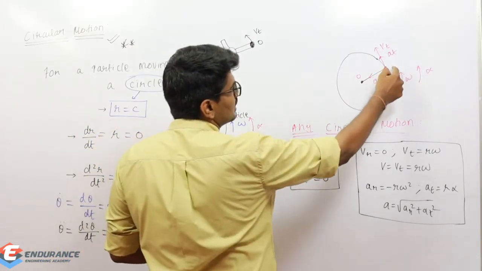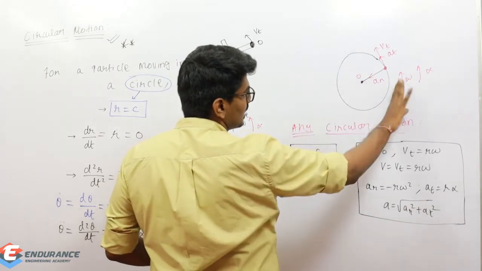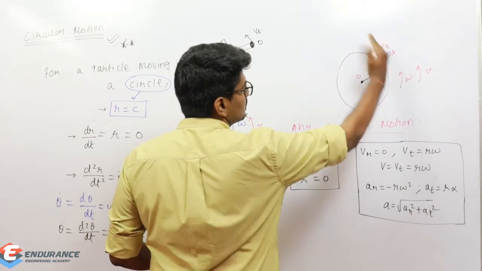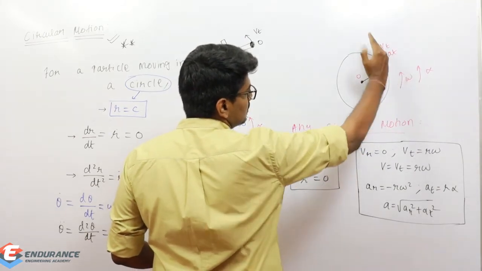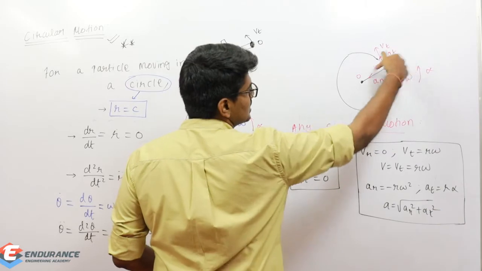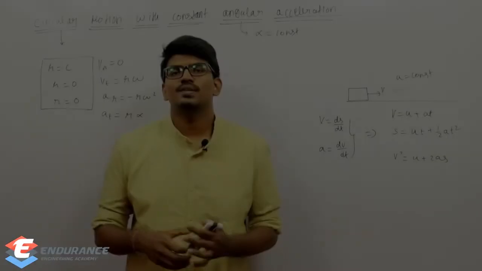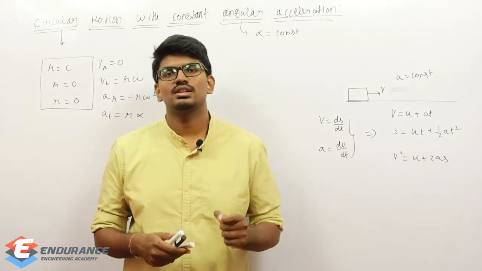If the particle is rotating in anti-clockwise direction, with angular velocity and angular acceleration in anti-clockwise direction, then tangential velocity will be like this, tangential acceleration will also be like this, and the radial acceleration will be pointing towards the origin because of the negative sign. So now we will start applying a few assumptions in our